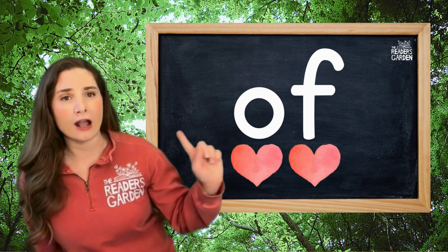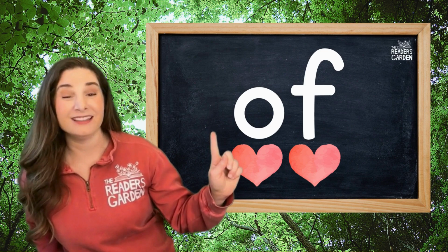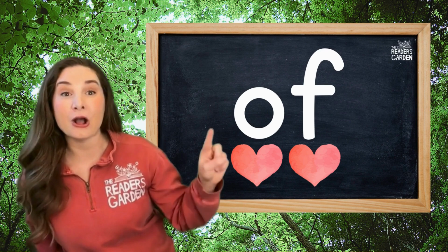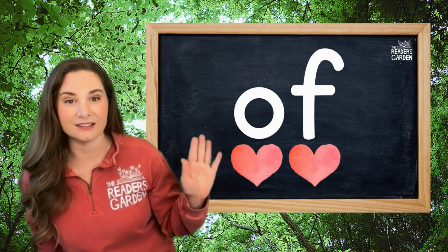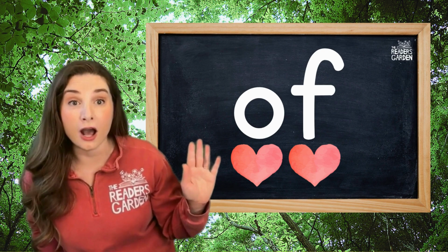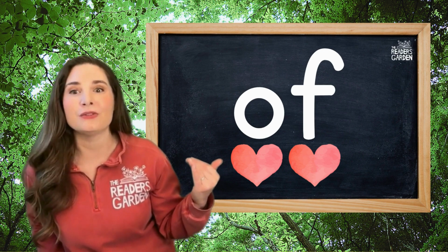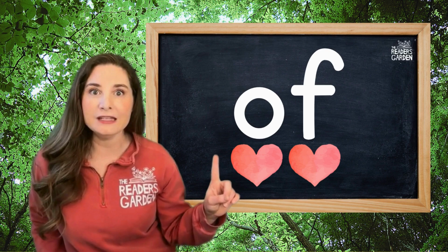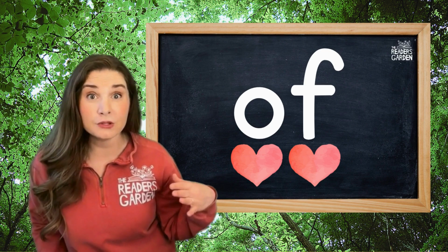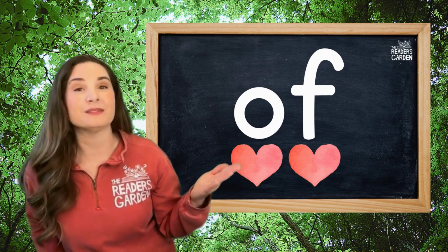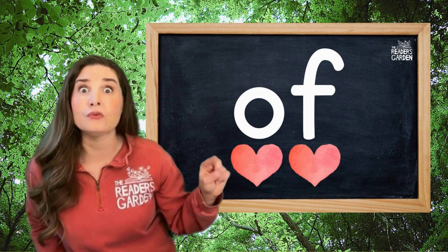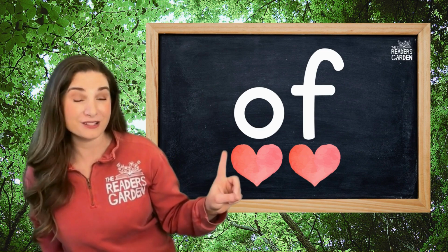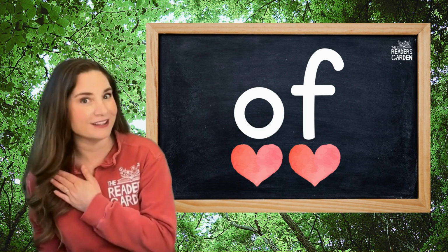Now let's look at why this word is a word we need to learn by heart. There's actually 2 reasons why we need to learn it by heart. The first part is the letter O is not making an expected letter O sound. It's making the sound as if it were the letter U. So that's unexpected. And the next part that's irregular is that the letter F is making the sound V, as if it were the letter V. So that's why sometimes kids think that the word of is spelled UV, but it's not. It's spelled OF. So both parts of this word are irregular, which means we definitely need to know it by